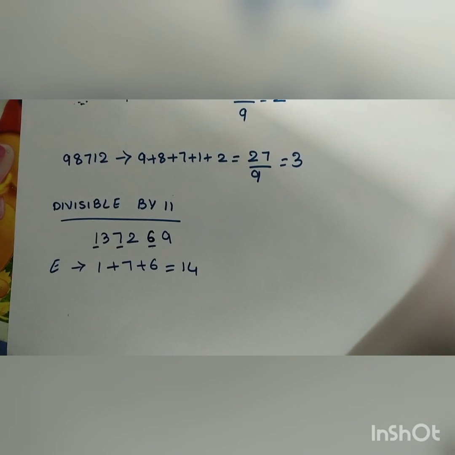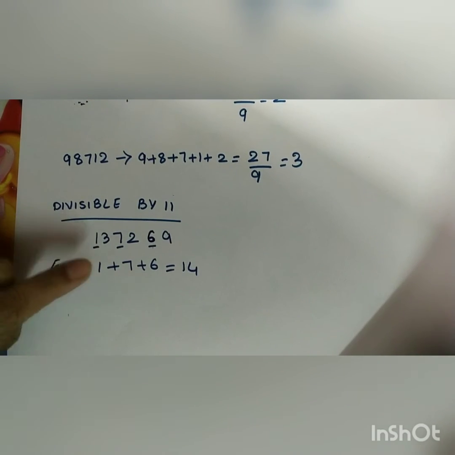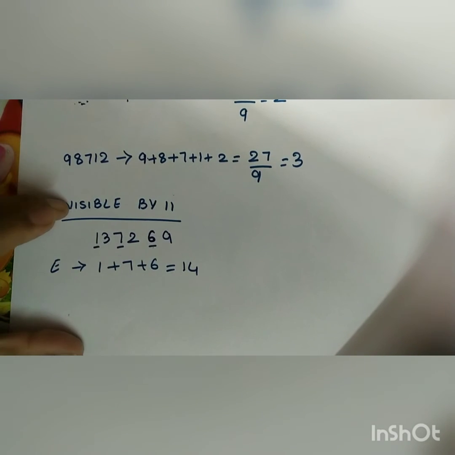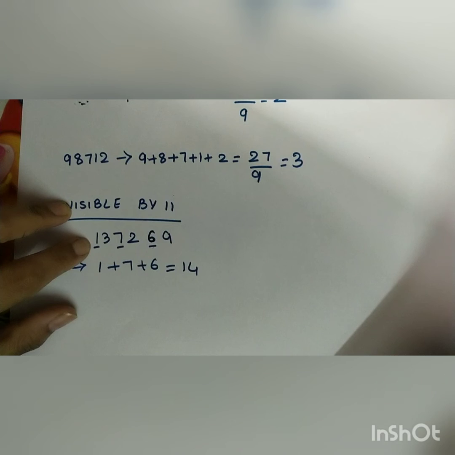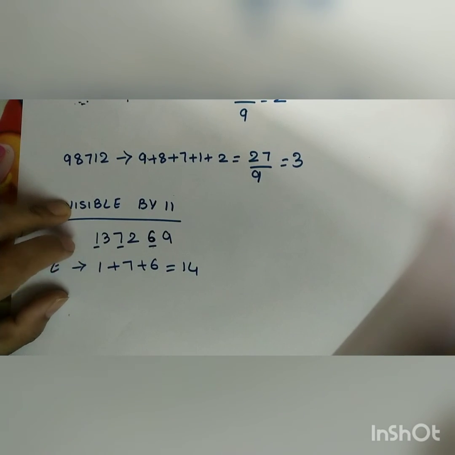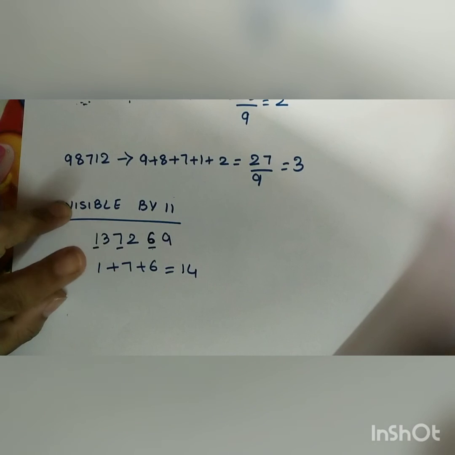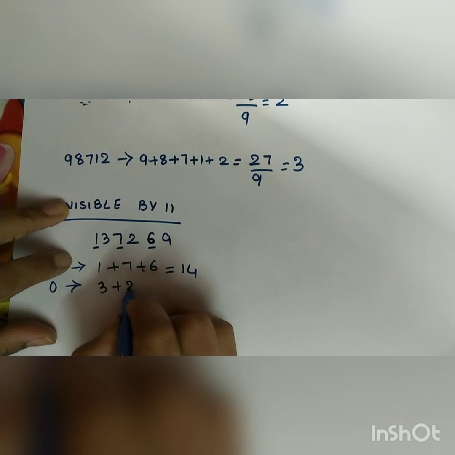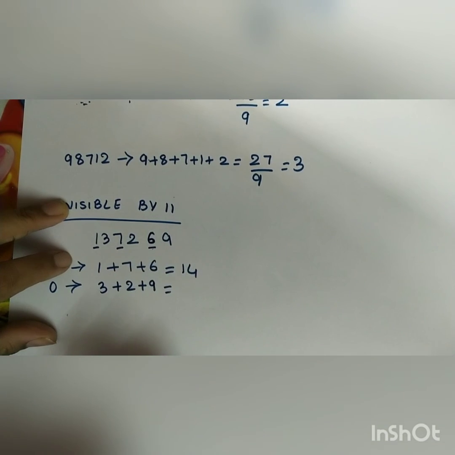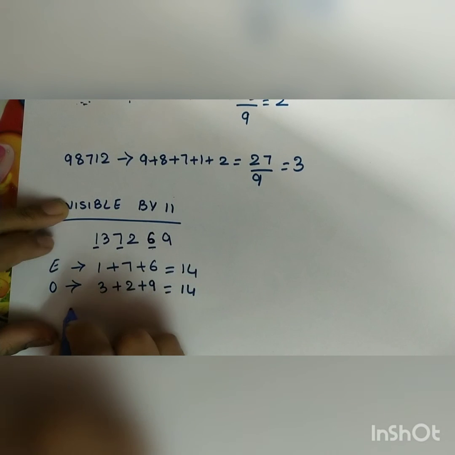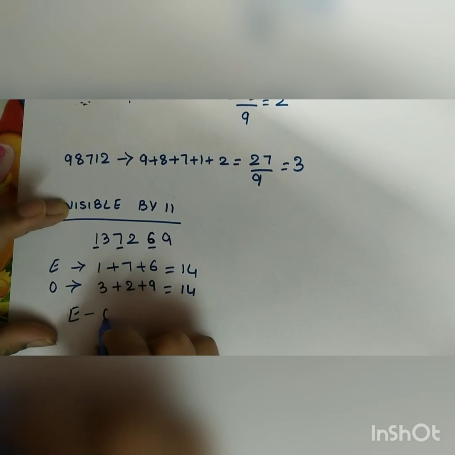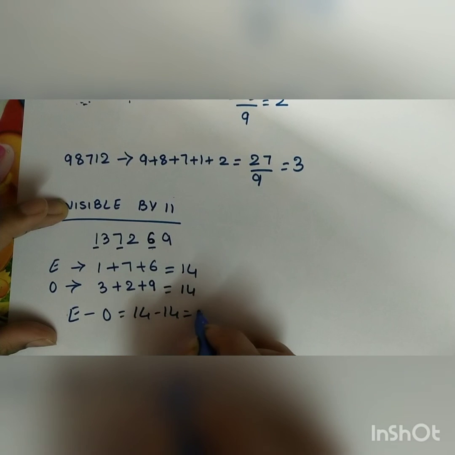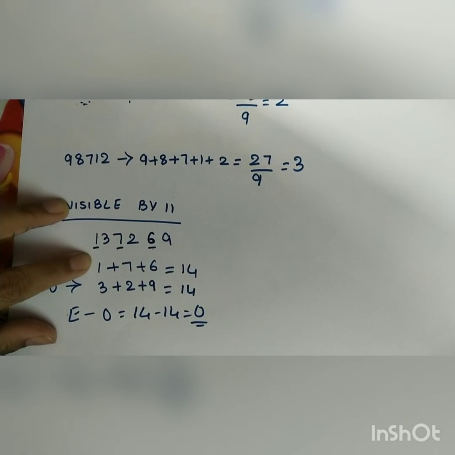For the divisibility test for divisor 11, we have to consider the even place digits and odd place digits of the number. Consider this example, 137269. In that, 6, 7 and 1 are in the even number places, so we have to add them. When I add 1, 7 and 6, I get the value 14. And consider the odd digits, that are 3, 2 and 9. When I add them, I get the answer 14 again. When we take the difference of the even and the odd, if we get the answer 0, that means the particular number is divisible by 11.